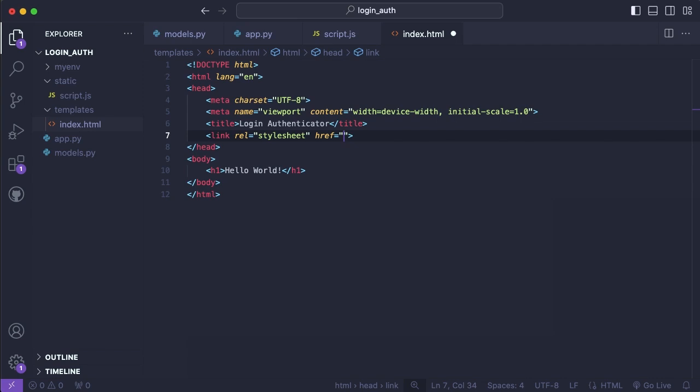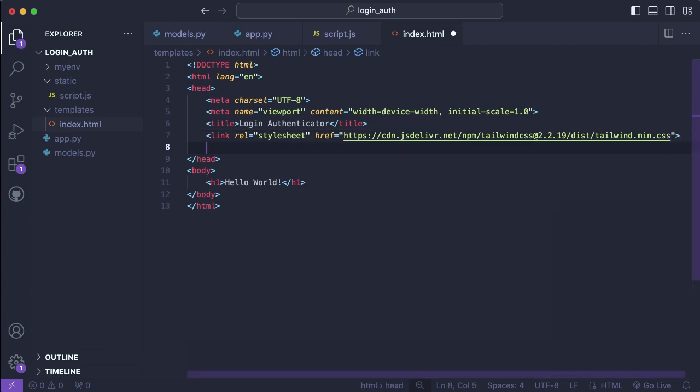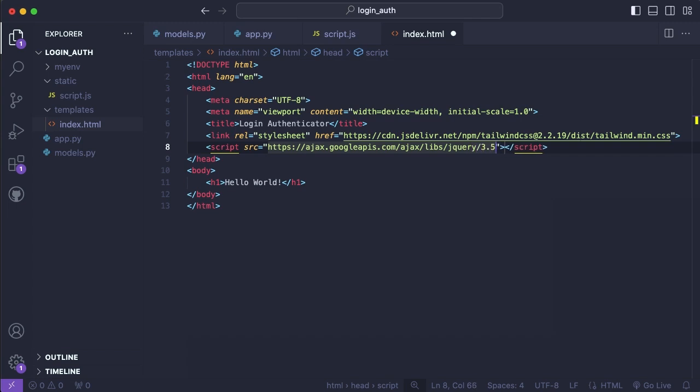So we'll say link, and then in the href, we are going to link to the CDN for jsDelivr, and this is going to be for Tailwind CSS, and we'll get 2.2.19/dist/tailwind.min.css, and then we will also get a script, and this is going to be a Google script, so ajax.googleapis.com/ajax/libs/jquery/3.5.1, and we're just going to get the minified file,